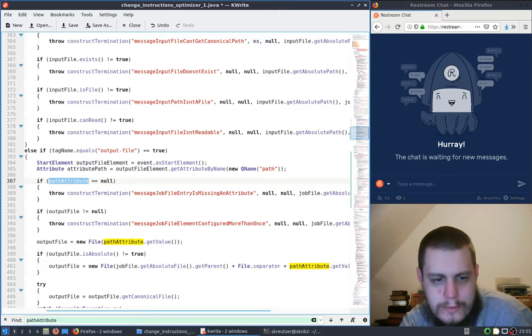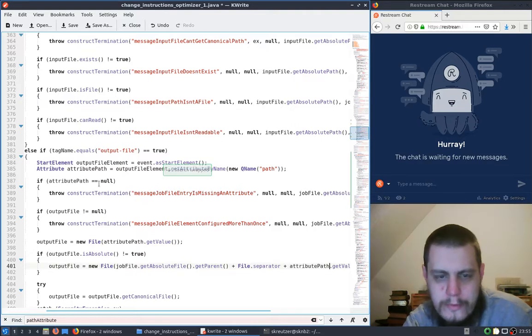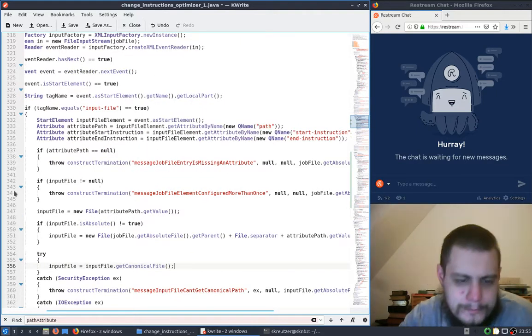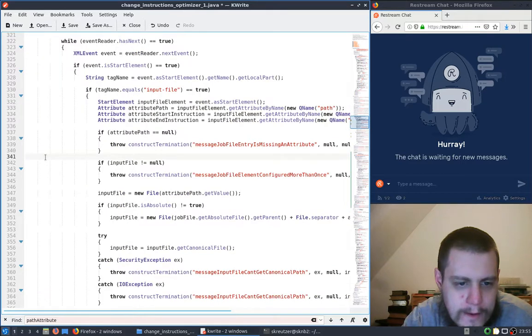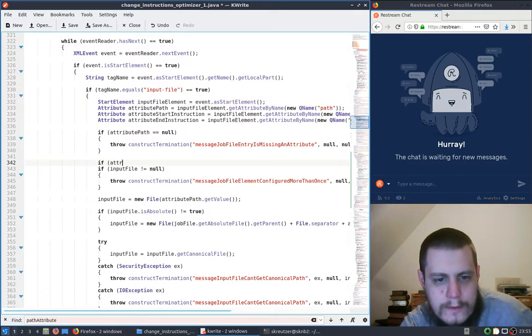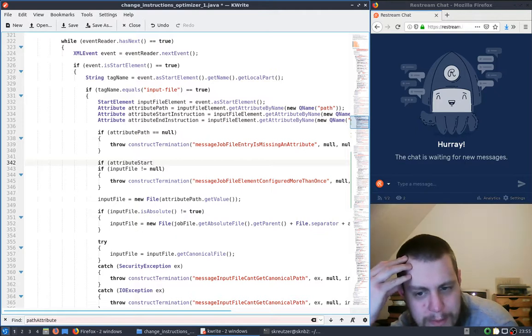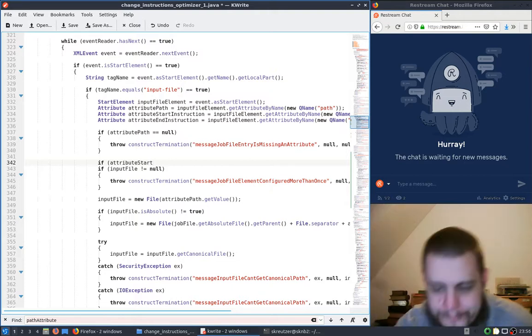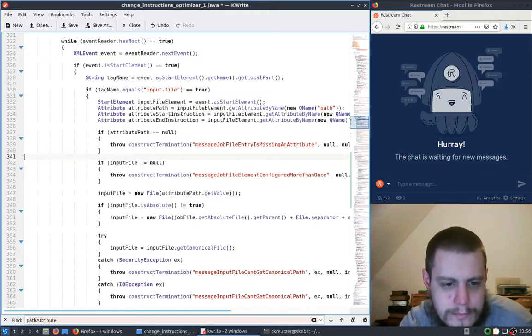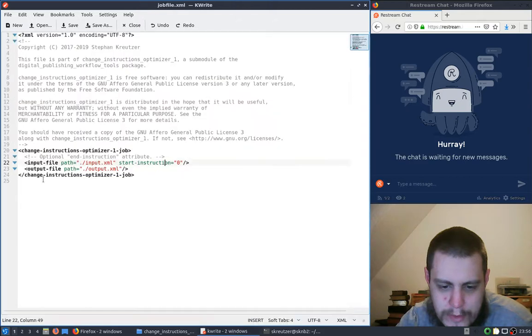Okay, let's do it for the output file just as well, for the sake of coherence. Okay, that's all. And I also need to check. Maybe the start instruction should be optional as well, because if it's not set, it will be 0, right? And to express that in a job file,